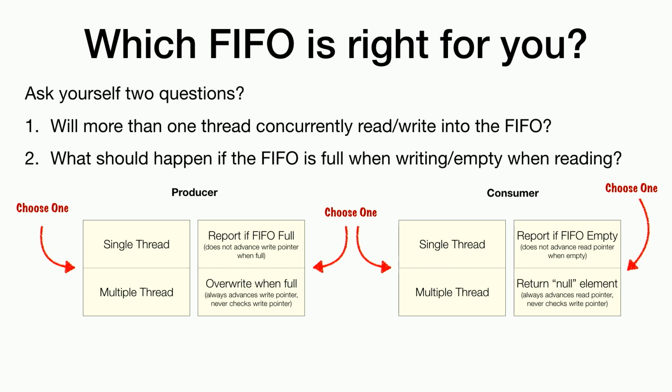Or it could just return a default constructed element every time it's empty. So it always returns something. And if you do the math, these are 16 variations of FIFOs. And just to give you some example of which FIFO could be right for you,